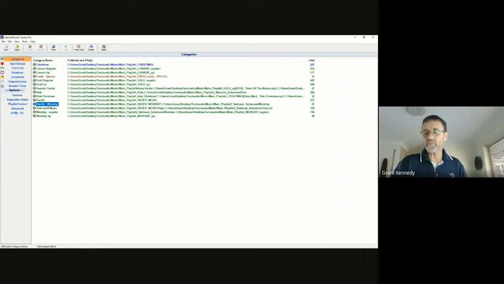In fact, we could have a Solomon's worship category if I wanted to be able to play a specific Solomon worship song at any time. And again, the way I have categorized this is basically, you will see that, sorry, that's my dog barking in the background.